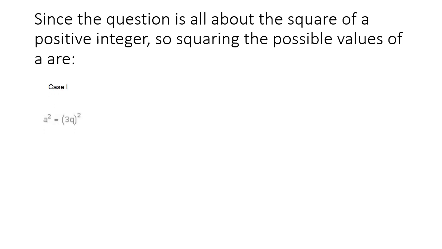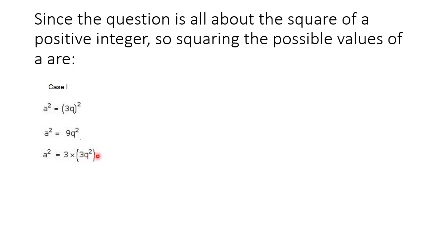So case first, taking a is equal to 3q. So I am squaring here, a square is equal to 3q whole square. After squaring, a square will be written as it is, but 3q whole square will be written as 9q square, because 3 square is 9 and q square is as it is. Now since I want to prove the form as 3m or 3m plus 1, I want a multiplier term, I want a coefficient like 3. So factorizing 9, I will get 3 into 3. I want a factor of 3, that's why I factorized it as 3 into 3.